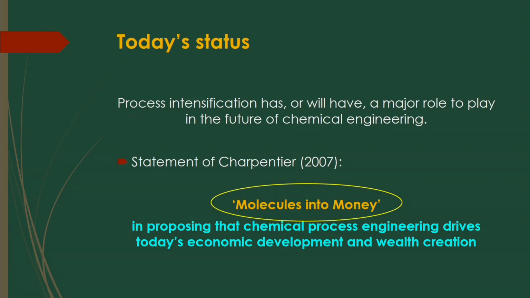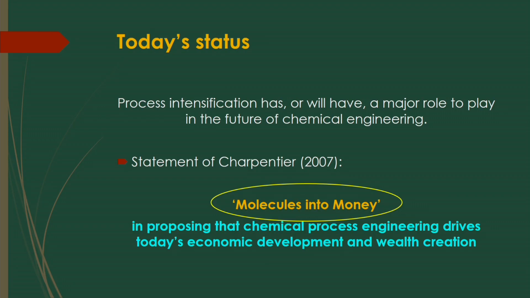Now, what is today's status of process intensification? Process intensification has, or will have, a major role to play in the future of chemical engineering, because from 1556 onward that idea has come, and you have to intensify the process anyway. There is no way that you should use the old process for producing products, because those are not economic and not eco-friendly, since environmental impact is the main concern nowadays. So you have to produce the product in such a way that there should not be any bad impact